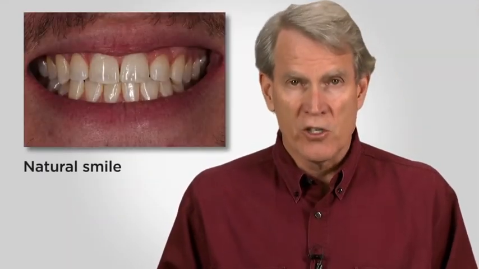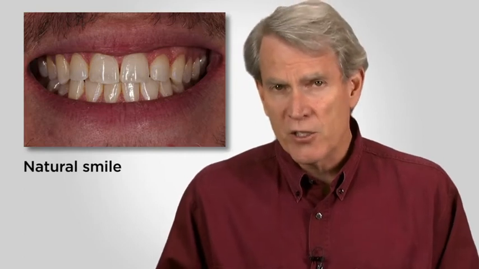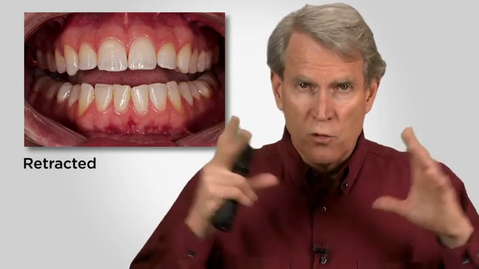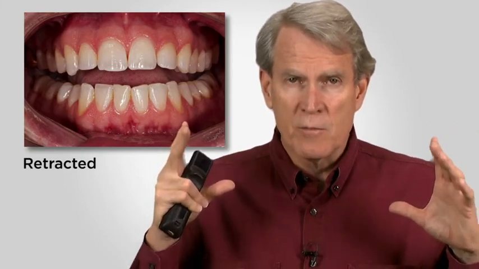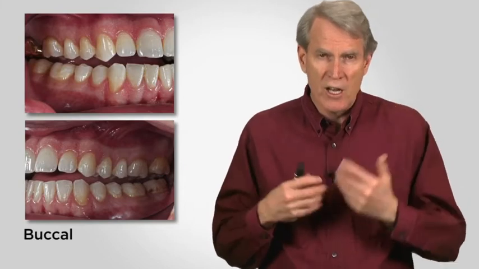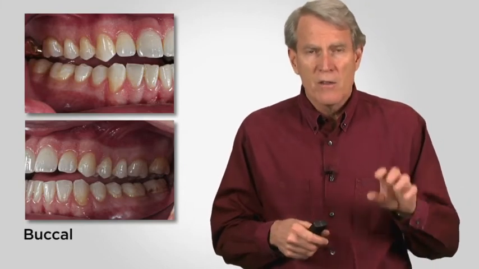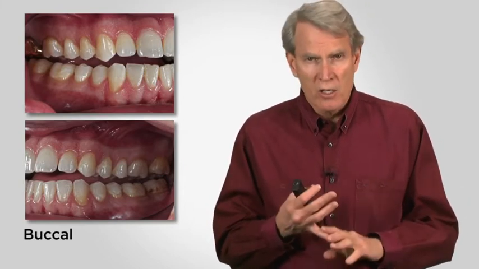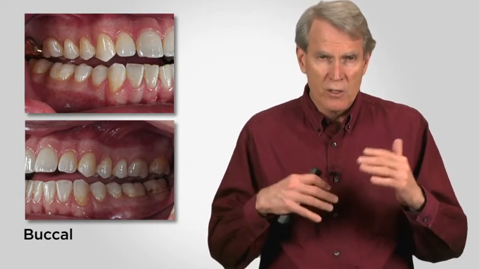So the 6 images that we suggest are a natural smile shot, and I ask my patients to exaggerate their smile. Then I use retractors and pull the lips and cheeks out of the way and ask them to separate their teeth a little bit. I take occlusal shots using mirrors, and I take shots with another mirror called a buccal shot with the teeth apart. These images allow us to see all of the gum tissue around the teeth and its relationship to the